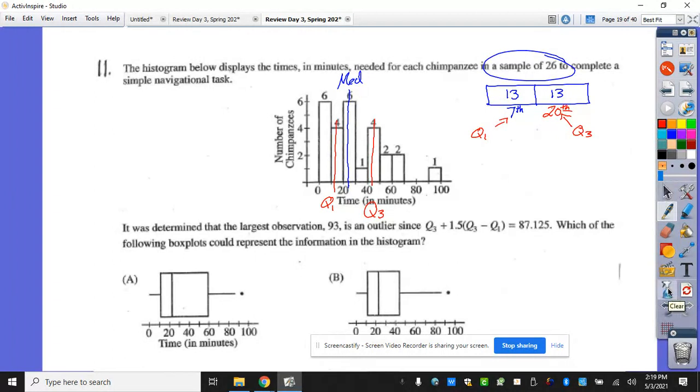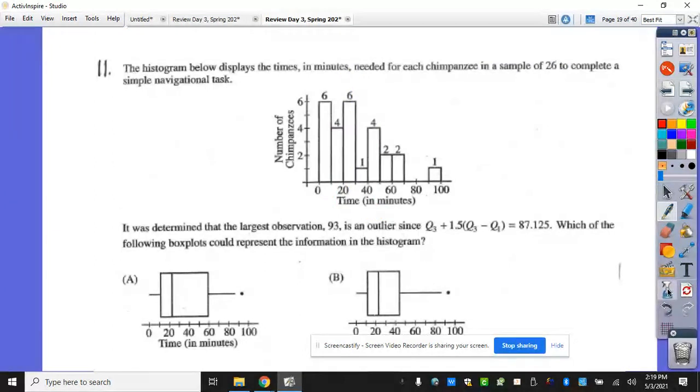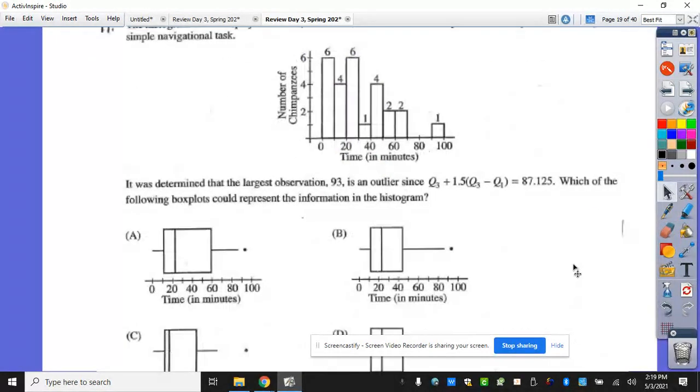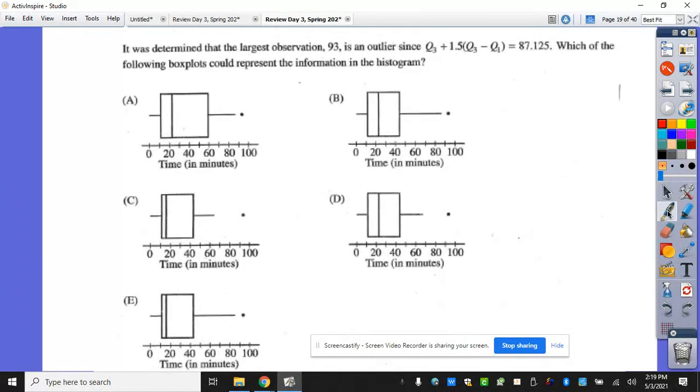I'm going to have to clear everything and then shift it. So my Q1 had to be between what and what? 10 and 20. Well, we already said all the Q1s are the same. My Q2 had to be between what and what? 20 and 30. So that one's not. My Q4, which we'd already narrowed down between here and here, but my Q3 has to be